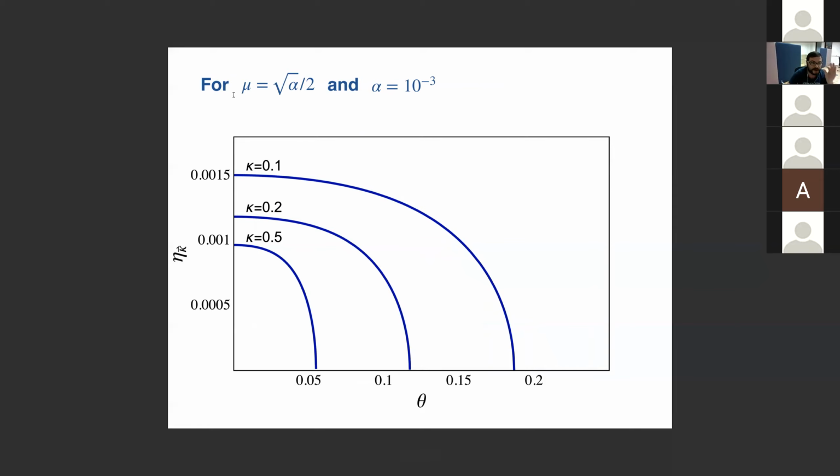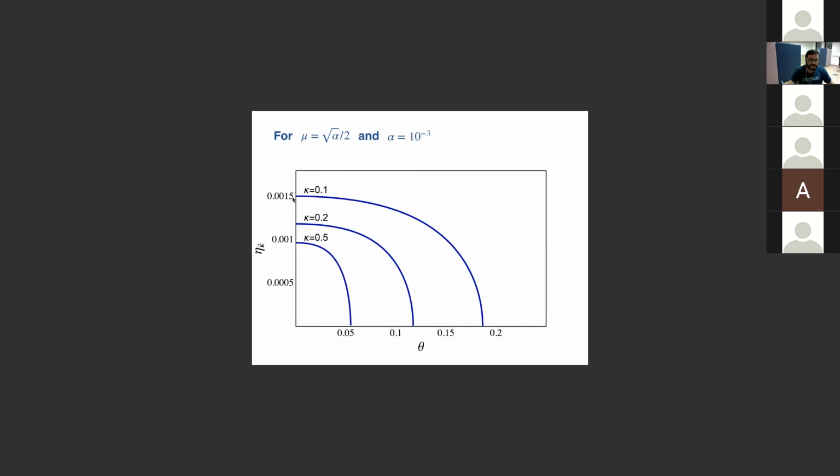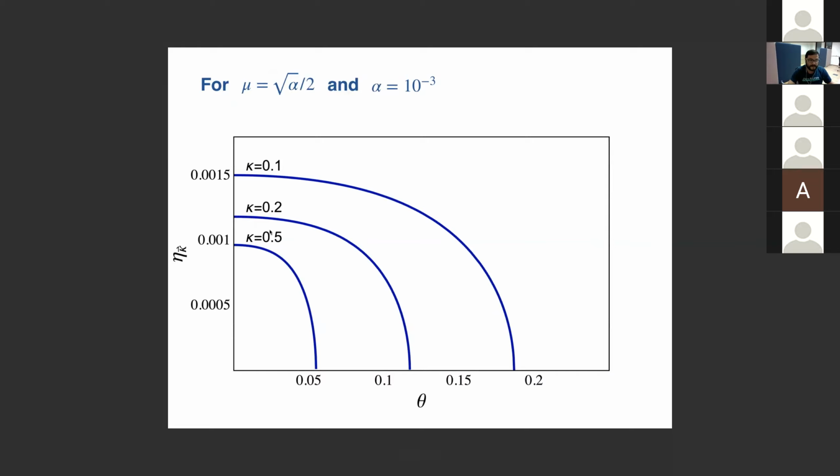Here I choose the mass, this mu, given by this, just to analyze what's happening, and we find that we also have instabilities. This is for a different case. We also have instabilities, but we also find that it happens for very small angles. So far, what we have is that the massless field can decay. There is an instability if